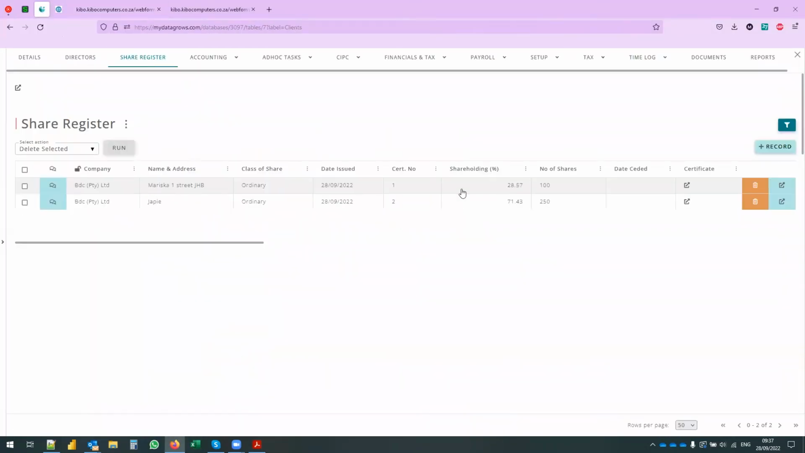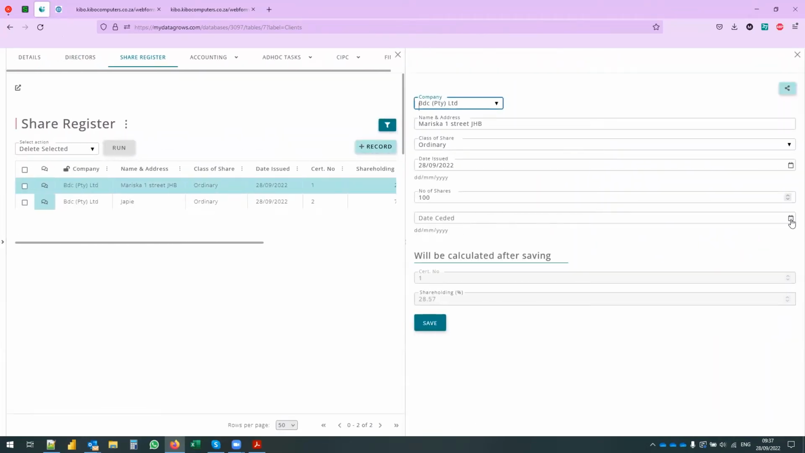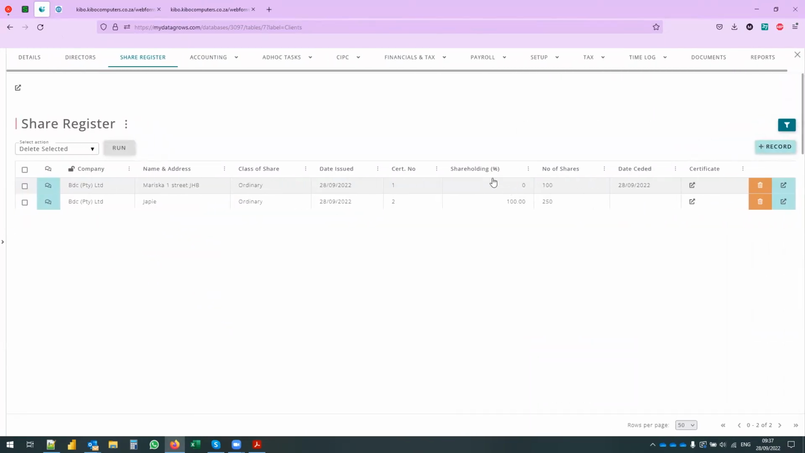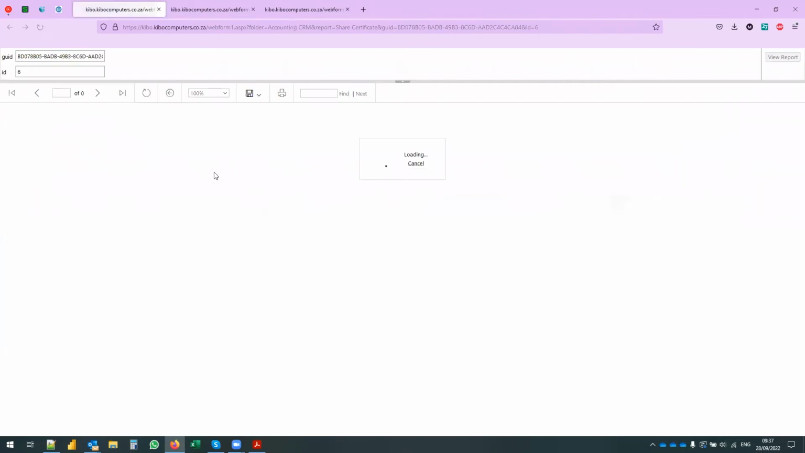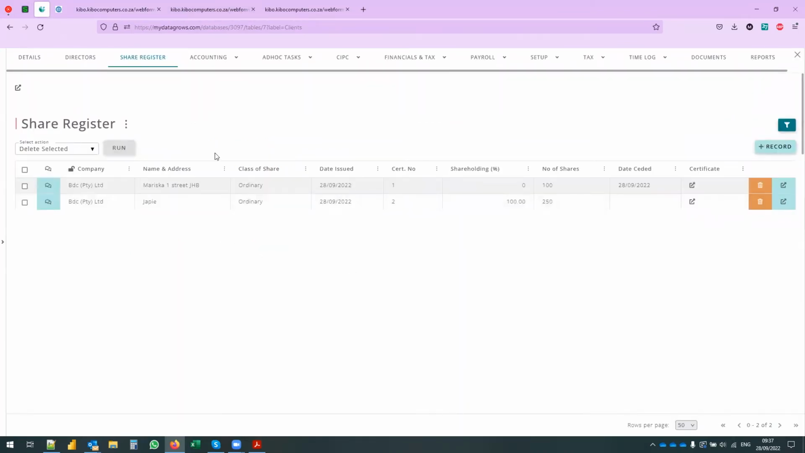Okay, should a shareholder give up their shares, save the date ceded. Okay, their shareholding percentage will change, and so will the current shareholders. And if you now view their certificate, it will show as cancelled. Okay, so it's a really quick and easy way to generate share certificates, and then you already have a share